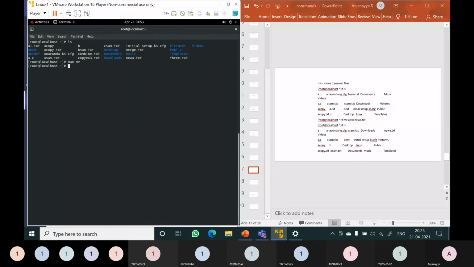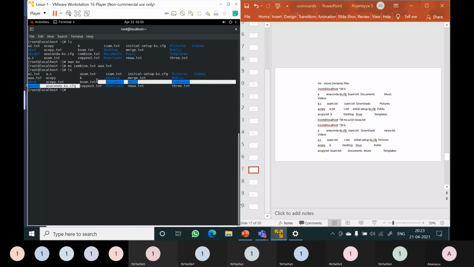If you are in this directory only, so here mv combine.txt, I want to give this one the name aaa.txt. Now combine will be replaced by aaa.txt. Now you can see aaa.txt, and there is no file by the name combine.txt. It is renamed now.